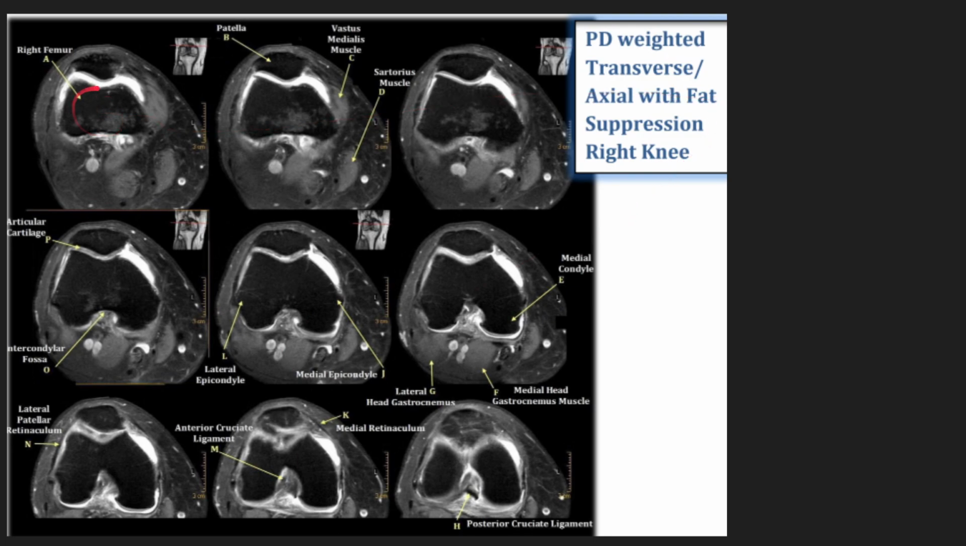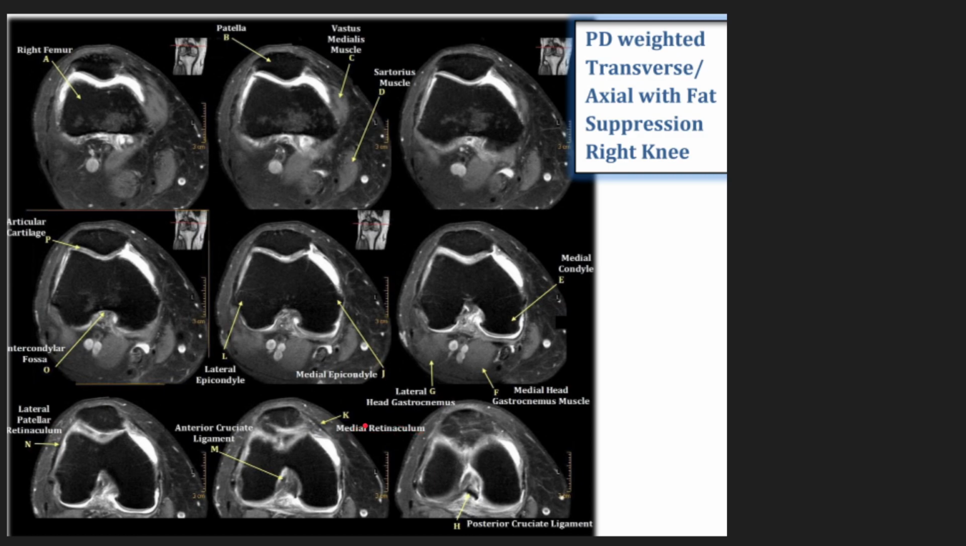On the knee you have the right femur, patella, vastus medialis, sartorius down here, articular cartilage, intercondylar fossa right there, lateral epicondyle, medial epicondyle, medial condyle, lateral head gastrocnemius, medial head of the gastrocnemius, lateral patella retinaculum, anterior cruciate ligament,